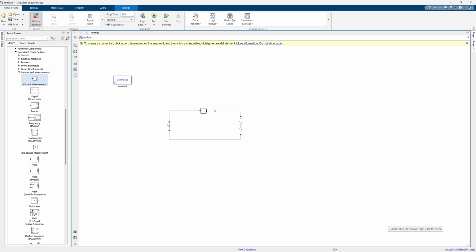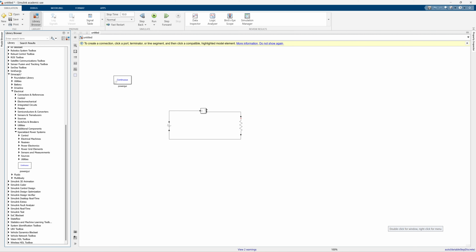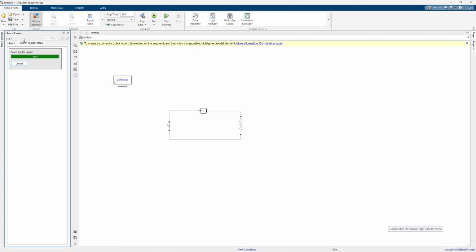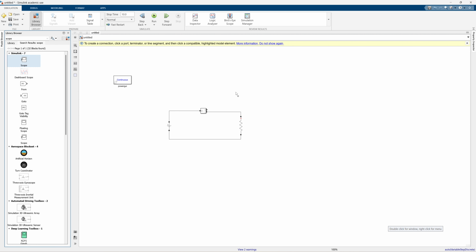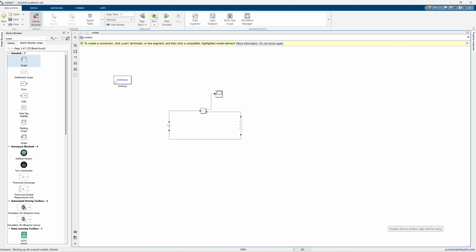Now we have the measurement, but we should see the output in some scope. Just right here, we have a scope. If you move it here, a scope is just for showing the result. This is a measurement, and here is a circuit. And 10 seconds is so much, maybe we can run it for 1 second. If we run,